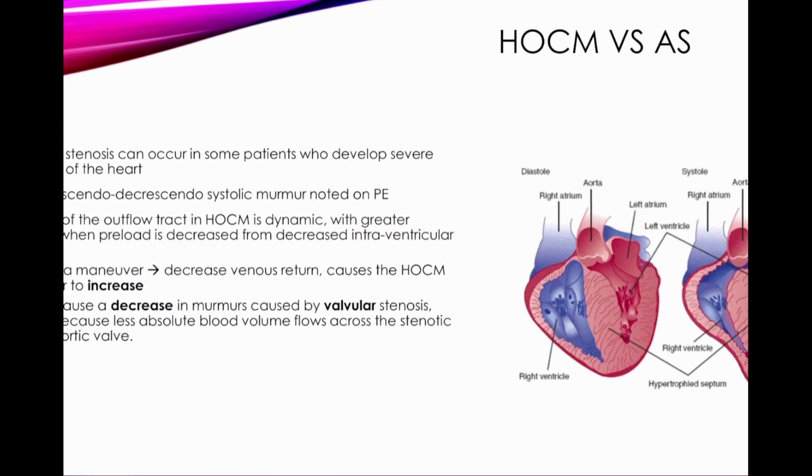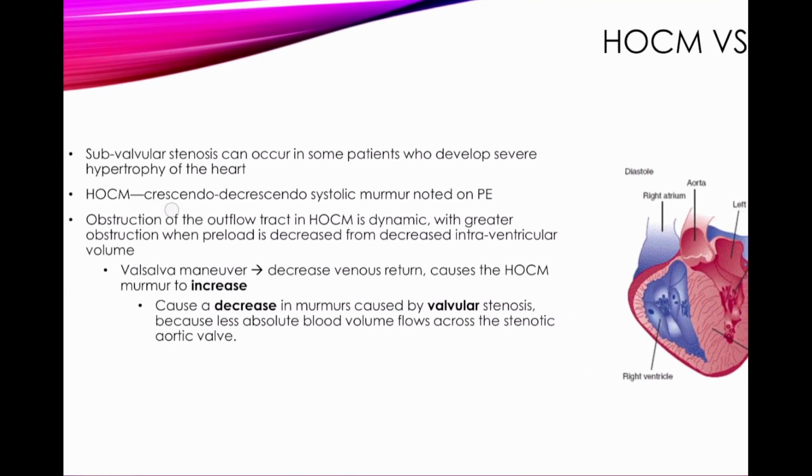HOCM also has a crescendo, decrescendo, systolic murmur noted on PE. So when you hear that sound, you're going to hear a crescendo, decrescendo murmur. But you don't know, is this aortic stenosis or is this HOCM? Which one is it? The obstruction of the outflow tract in HOCM is dynamic, with greater obstruction when preload is decreased